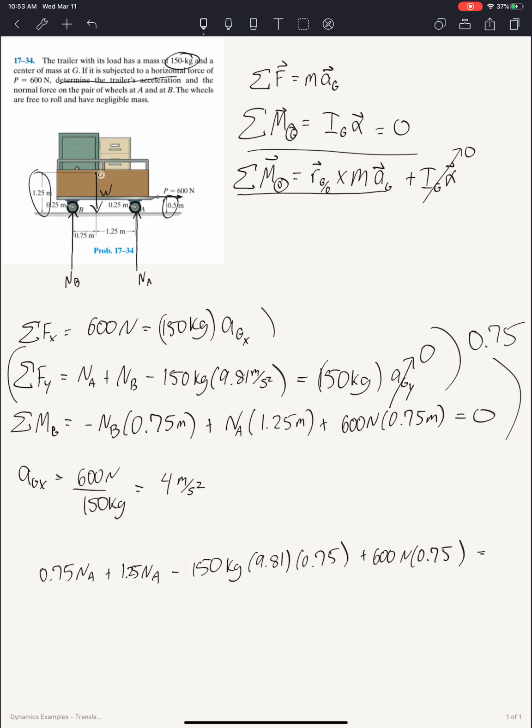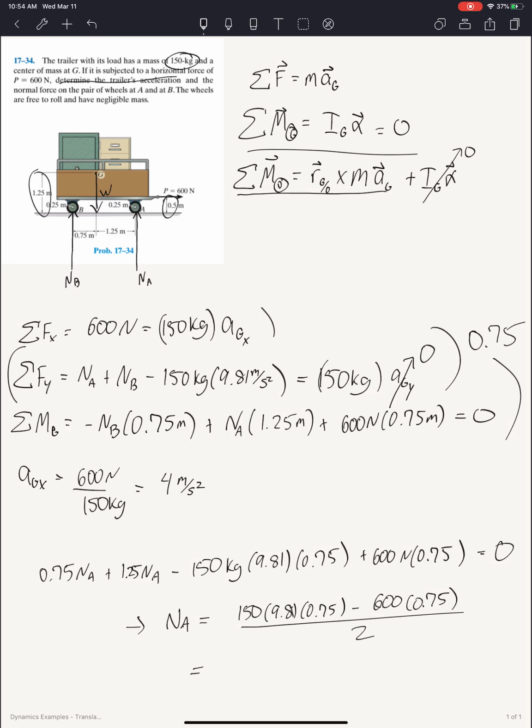On the right side, we have 0 for both, so just 0. This tells me that NA is equal to 150 times 9.81 times 0.75 minus 600 times 0.75 divided by 2,